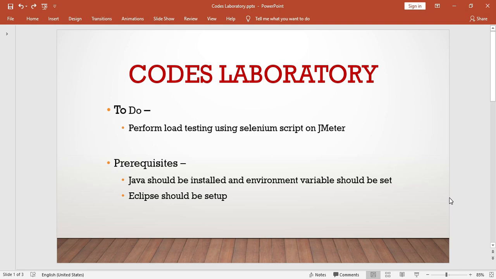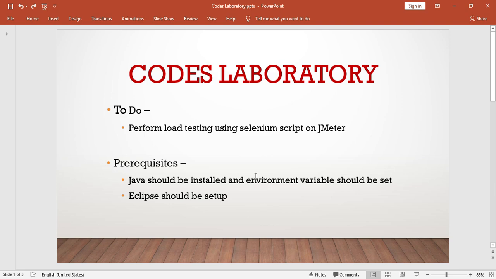So before going forward, there are two prerequisites which must be set up on your desktop or machine. The first is that Java should be installed, and the next is that Eclipse should be set up.